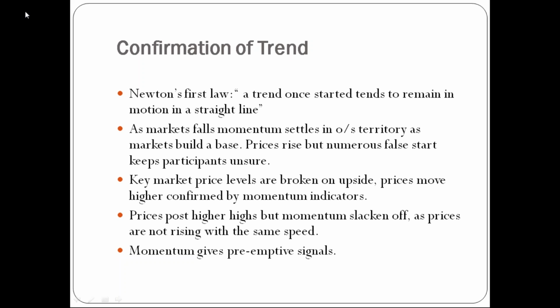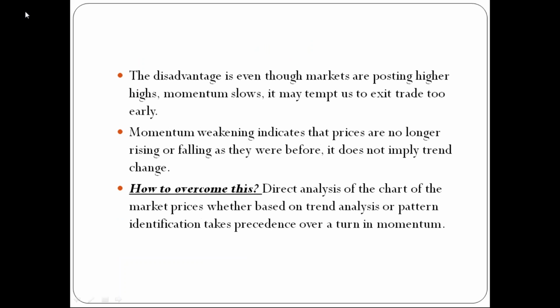It means that as today the price has risen 10 points, tomorrow again 8 points, and the day after again 6 points. Now the prices are rising every day, 10 points, 8 points and 6 points, but the rate has decreased. It has not been rising with the same speed, and this is indicated in the momentum indicators. Though the prices are rising, though we are making higher highs, the rate at which the prices are rising is not the same. So the momentum indicators give us a pre-signal that the prices are not rising at the same speed, and we should be a little bit alert now.